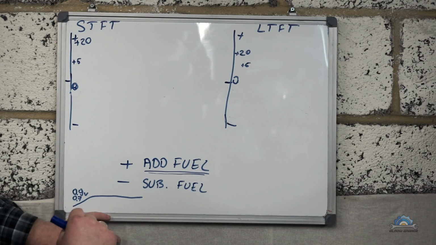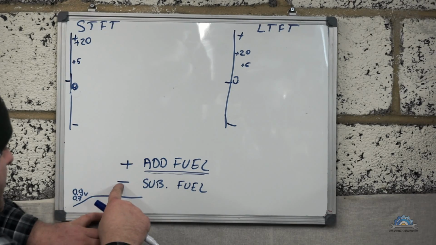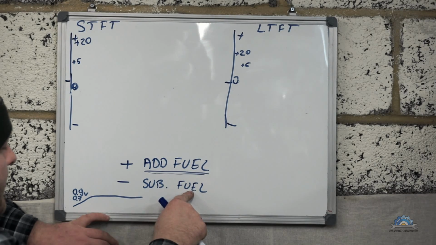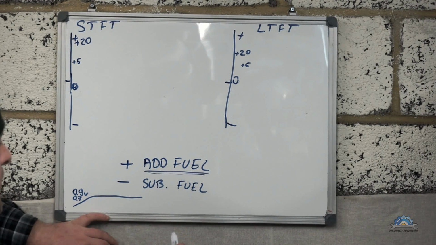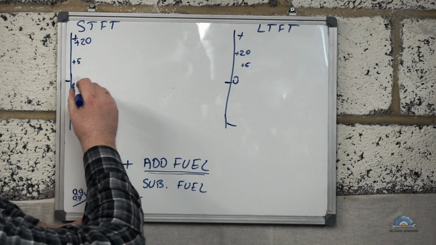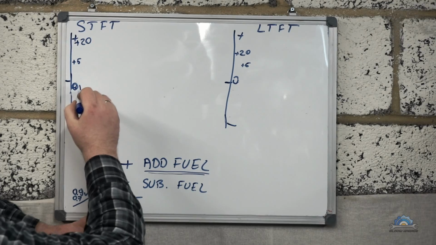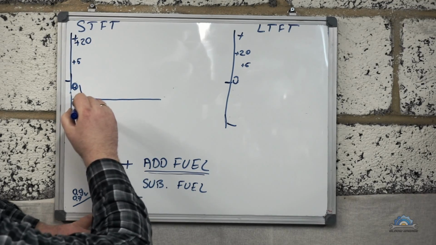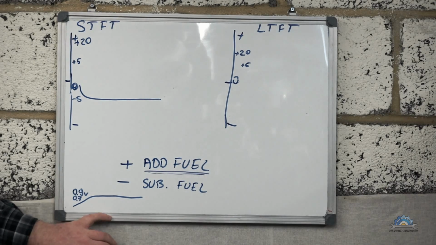Fuel trim is going to react the other way, which is negative, meaning subtract fuel, take some fuel off because the O2 sensor is reading too rich. So let's say we had 5 positive, now we're going to have -5. The ECU is taking off fuel by controlling the injectors,